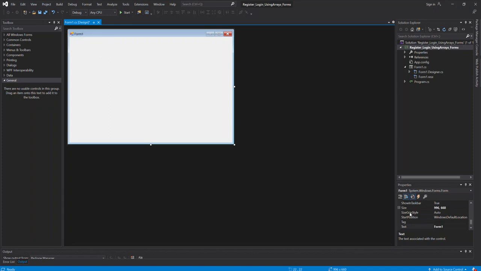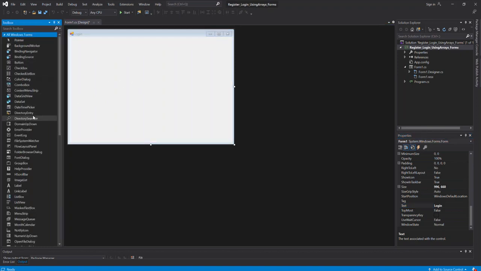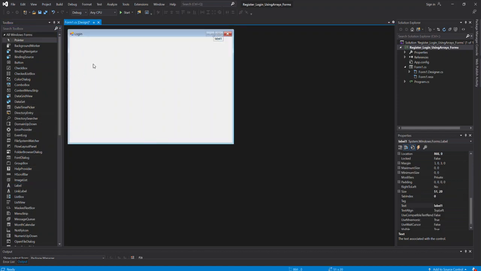So just to change this name, we go to here. When we select it, we go to the text here, text, and say login. Let's change here to login. You can change the icon as well to whatever you like. So simply, if it is like that, then we need to have a label. And the text of this label is username,